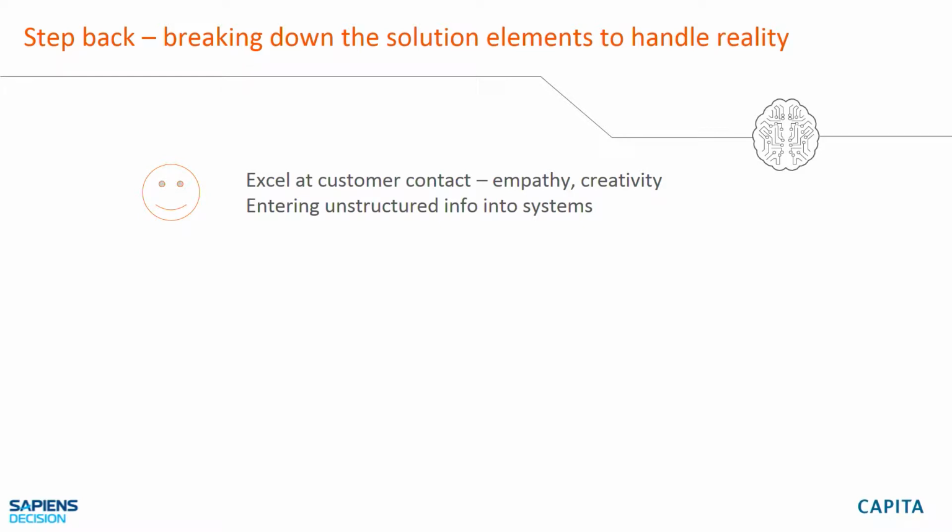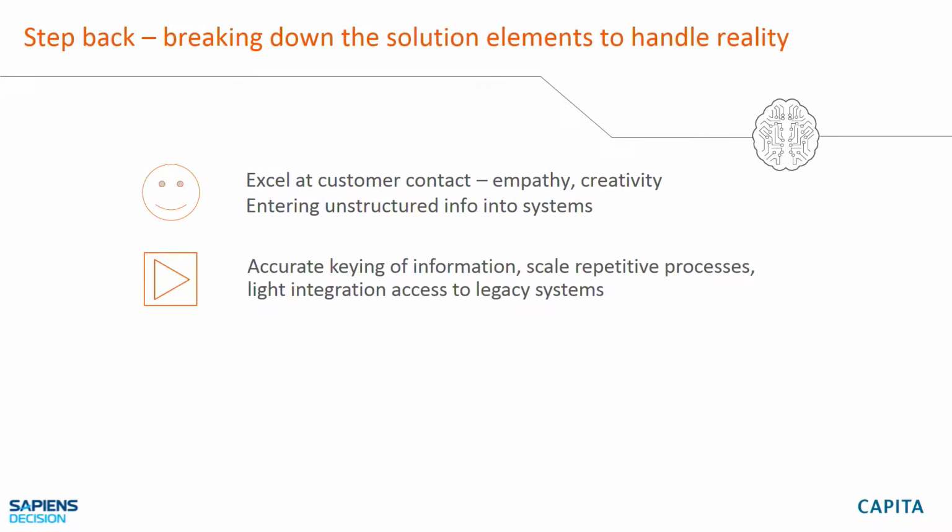They started to rethink. They thought, what do people do? They excel at customer contact. What do robots excel at? Robots really excel at going to fetch data, replacing repetitive processes, light integration access to legacy systems, which for a business process outsourcer is very important. And then finally, what to do about